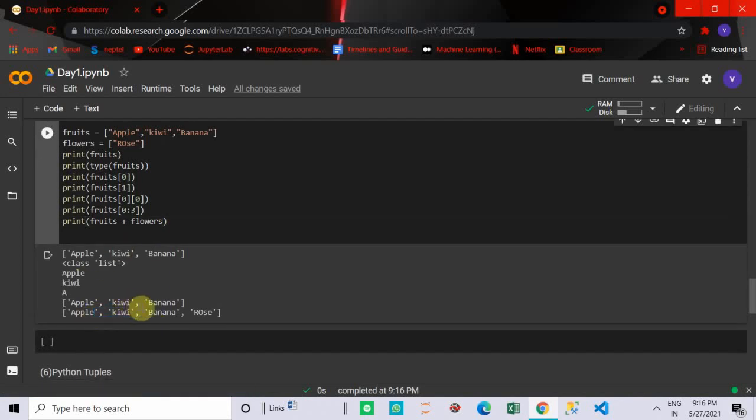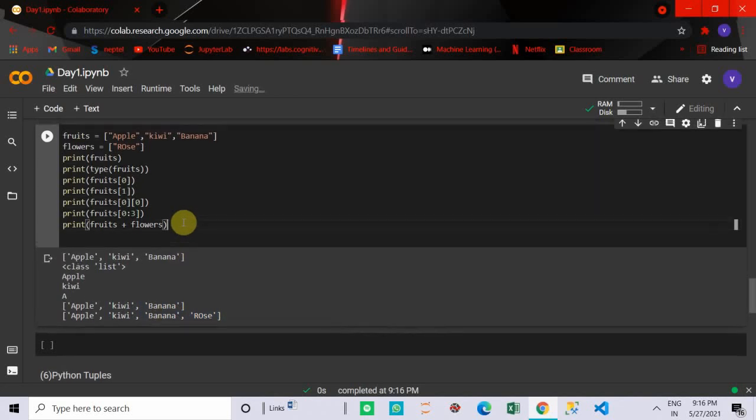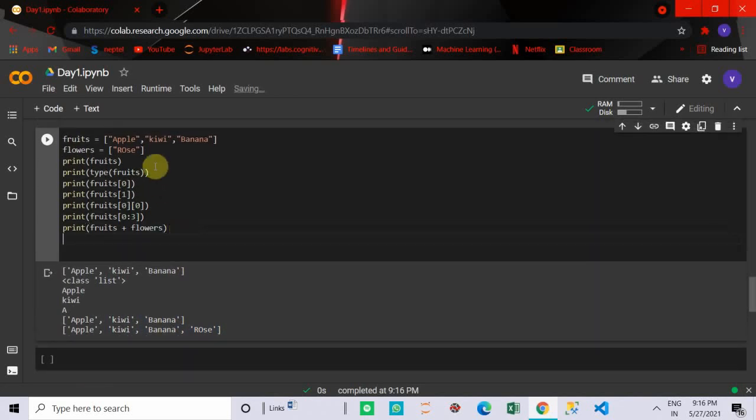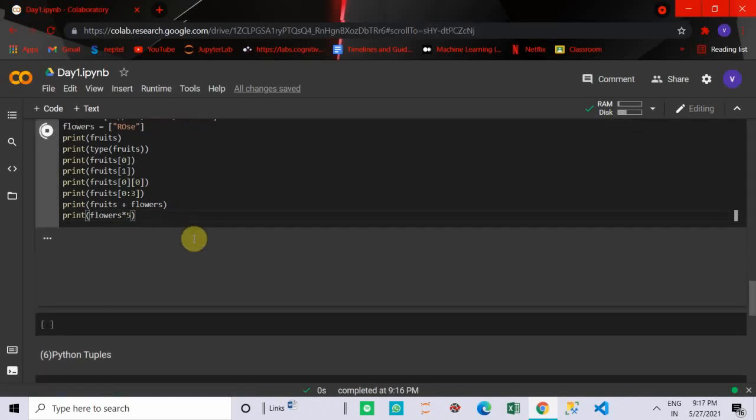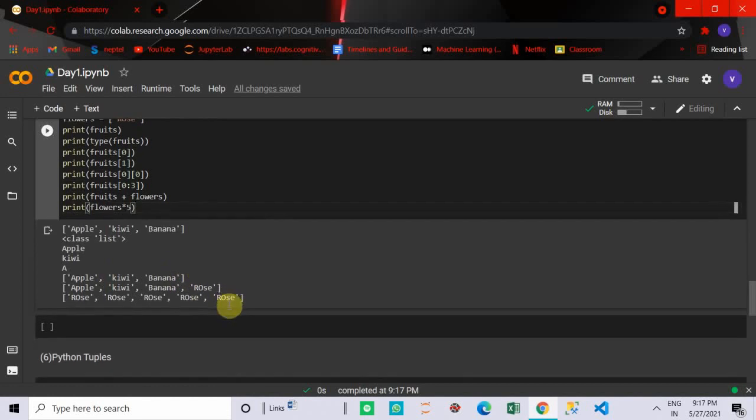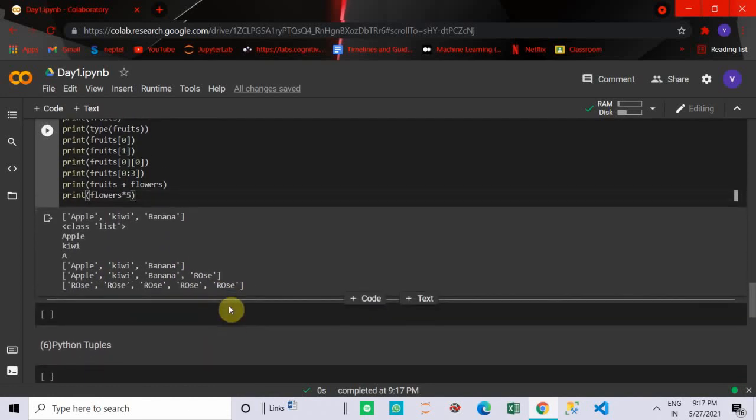This is concatenated into a single list. And if you want to multiply, we can print the same content multiple times, flowers into 5, so rose is printed repeatedly as output.